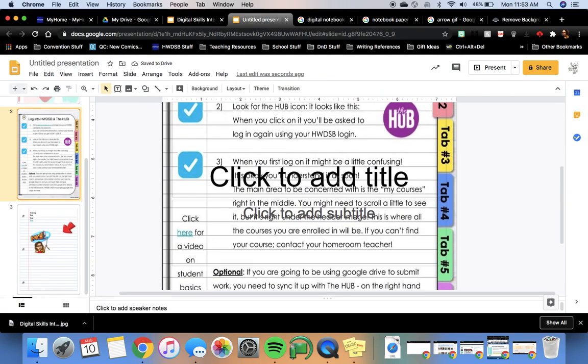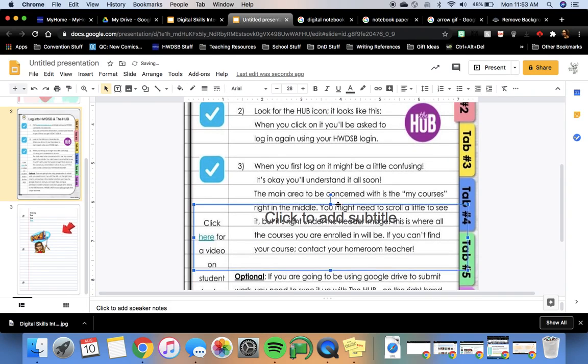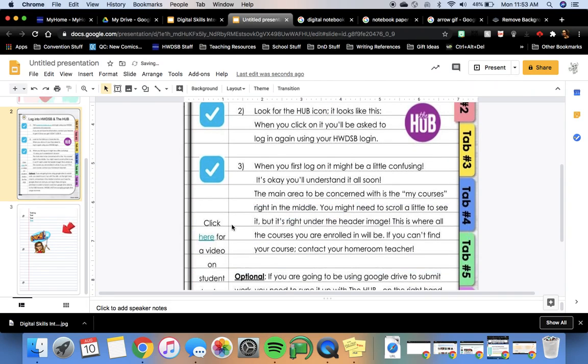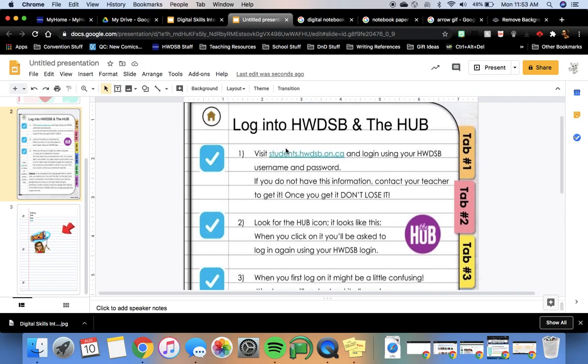Now the only thing is, forgot to delete those. The only thing is that it is not going to be interactive in the same way. As you can see here, I'm clicking on the links, I'm clicking on the arrows. It's not interactive anymore, but at least you've got a copy of the information that the teacher has sent you and you want to